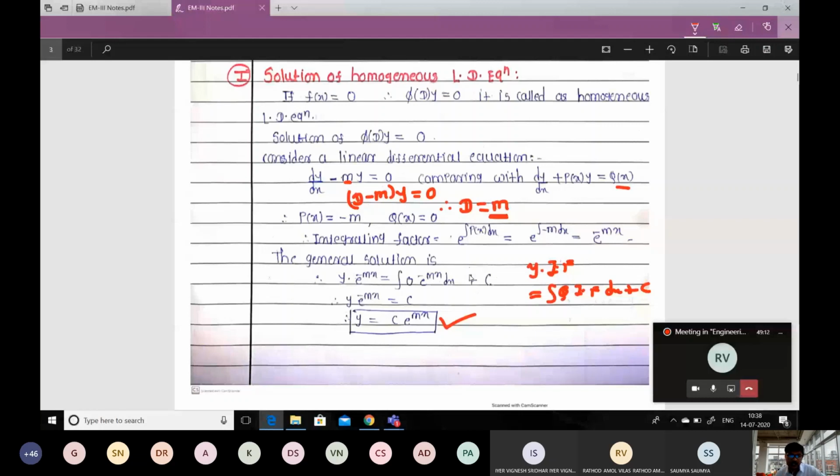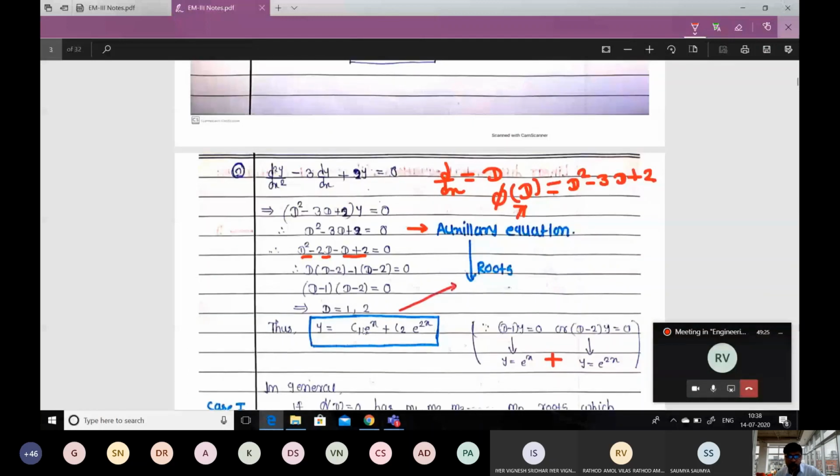Do you understand why we are writing the solution in terms of an exponential function? That is important. Very good. If you feel any doubt, small or big, please ask. Can you explain the exponential part again? Why are you writing it in the exponential form? Okay, let me revise it.